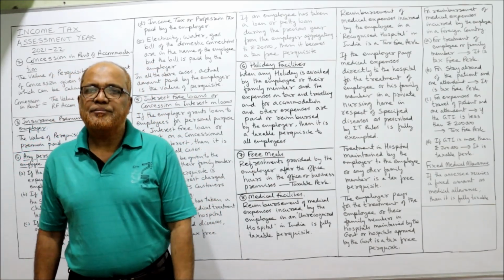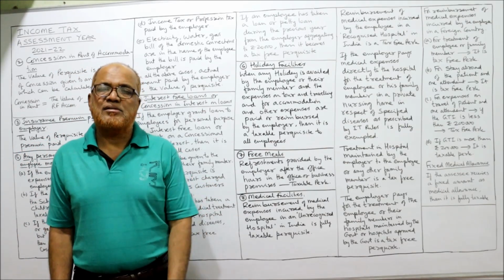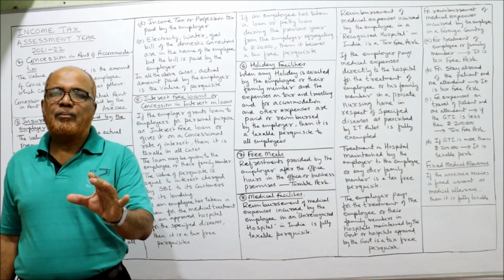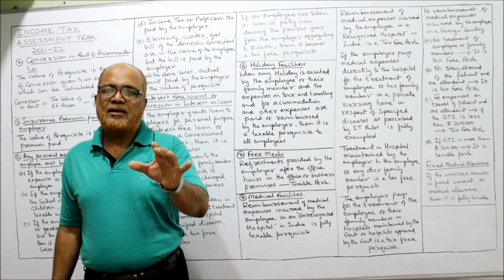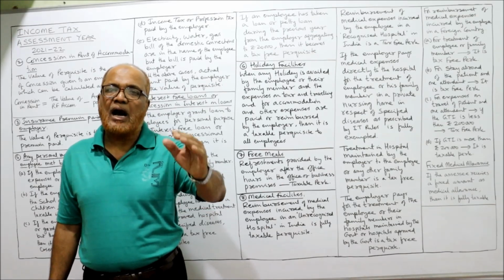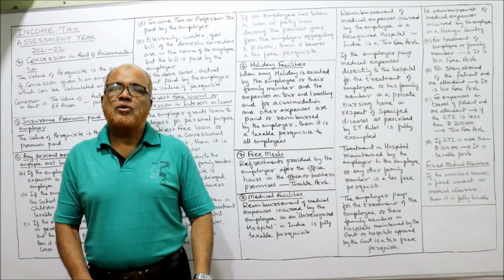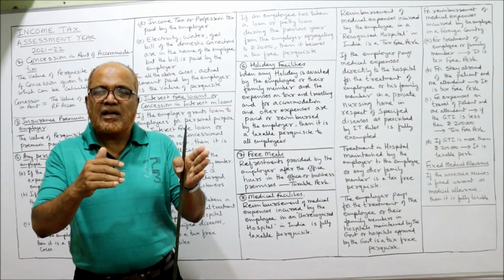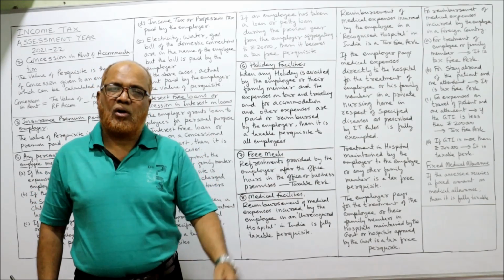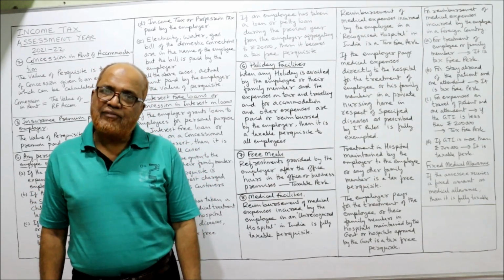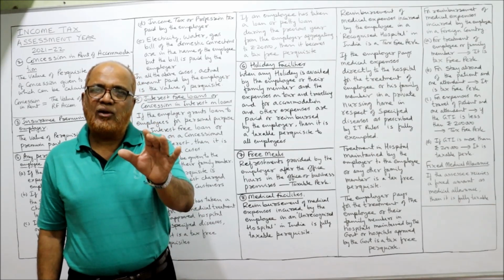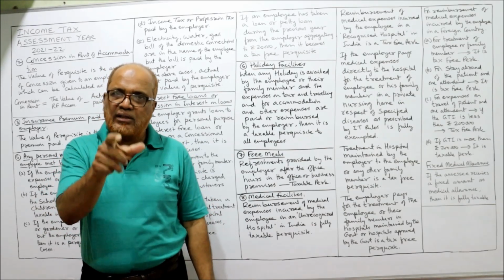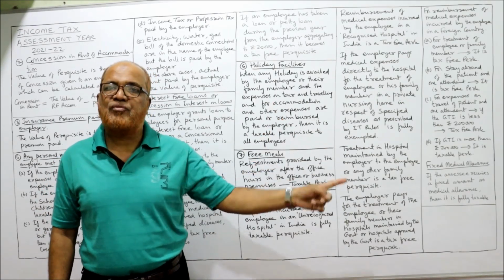Next one is free meals. A lengthy discussion is there in free meals. Again, about free meals we'll discuss in tax-free perquisite also. Right now only remember one point. If free meals are provided by the employer to the employee after business hours, suppose the business hours are from 9 to 5, any free meals given by the employer to the employee after 5 o'clock, then in that case, whatever the value of free meals, that is a taxable perquisite. What will happen if the free meals are given during the business hours? I will explain while dealing with tax-free perquisite in the next video.